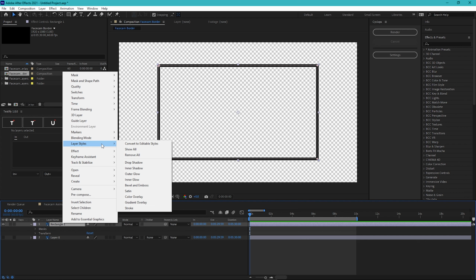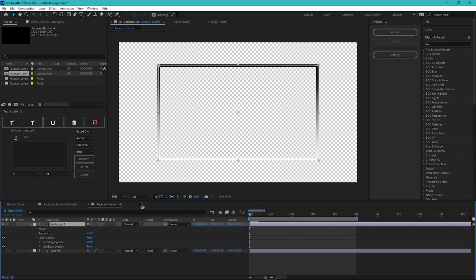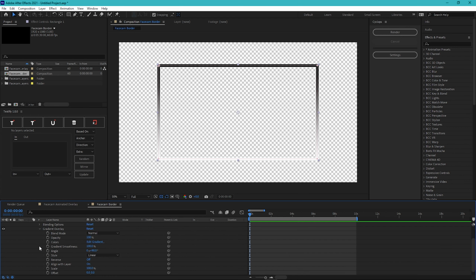So from here, what you're going to want to do is go down to Gradient Overlay, which will kind of give you a black to white gradient feel, which is going to be changed in the future. Trust me, don't even panic about that. And now we get into the super fun part, which is choosing our face cam colors. So what you're going to want to do is click this little drop down right here where it says Gradient Overlay. And as you guys can see, we are presented with a bunch more options that look extremely confusing, but are very, very easy to navigate, I promise.